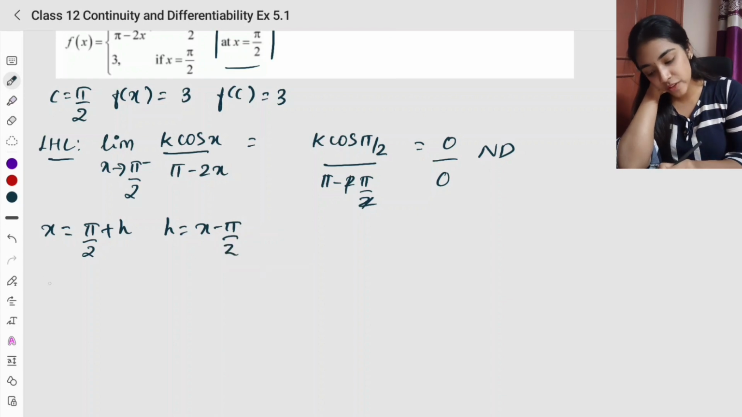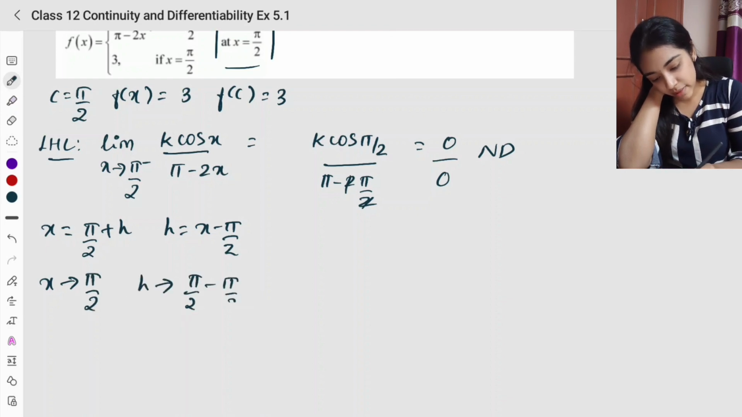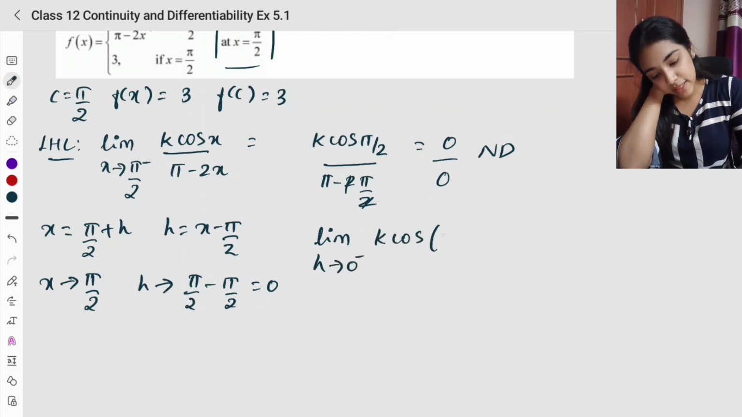When I change the variable, I'm going to change the limit also. So if x tends to pi by 2, h tends to pi by 2 minus pi by 2, which is going to be 0. So h tends to 0. This is how my limit changes. Limit h tends to 0 minus of k cos x, I'm going to substitute pi by 2 plus h